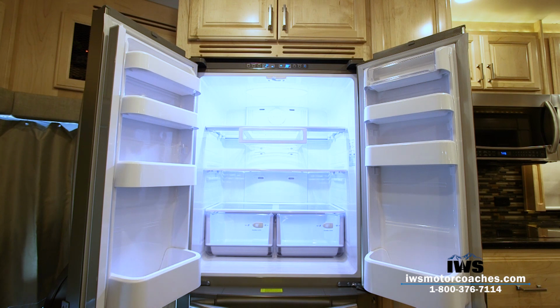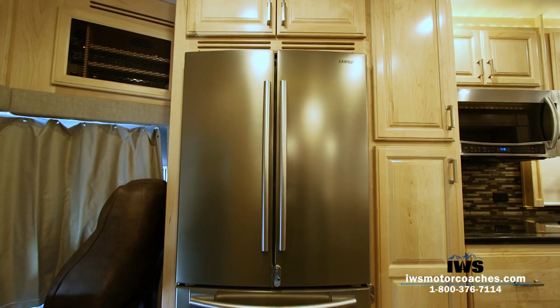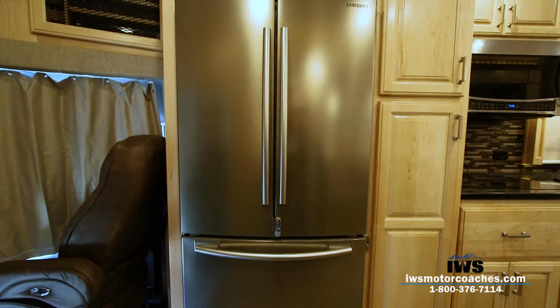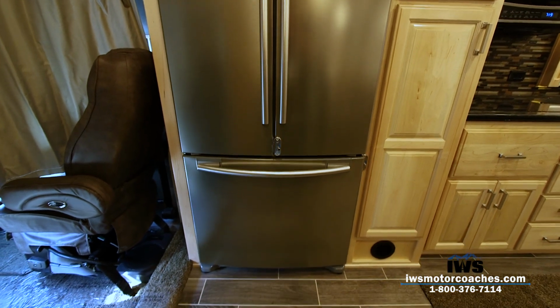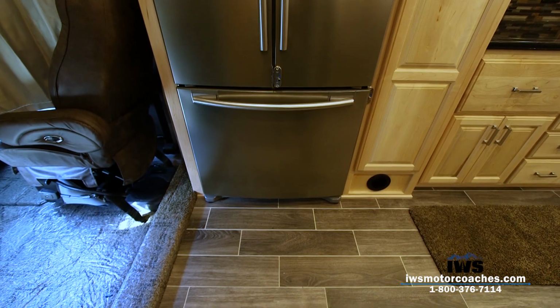Now, as we talk about the refrigerator, this is an 18 cubic foot residential refrigerator. Again, it's the exact same refrigerator I have in my personal motorhome. We've had great luck with it. It's nice having the freezer portion on the bottom. That gives you a lot more room at the top for your day-to-day items. There's also an ice maker in the bottom tray on it. If you want to have ice for drinks or ice for your coolers, it's got a real nice ice maker